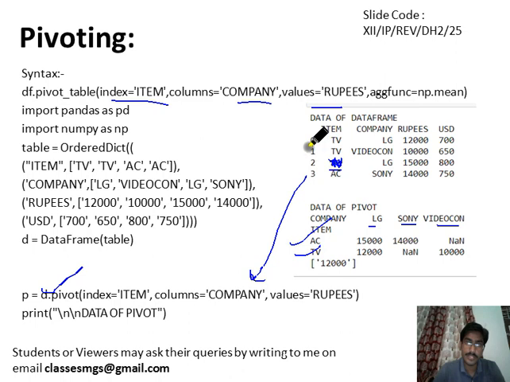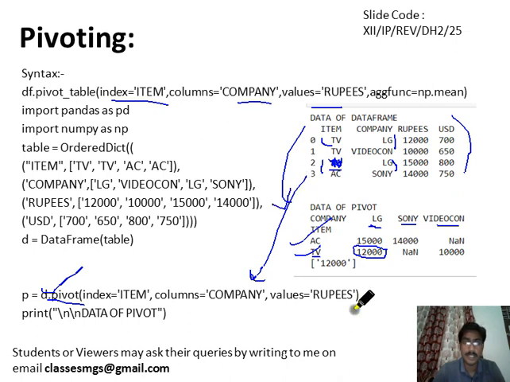If we change this data frame like this, and if we run this pivot method, it will give error. Let me show you. Because for TV of LG there are 2 values. TV of LG, this is 1 value. TV of LG, this is another value. Look at this, TV of LG, there are 2 values. That's why if we apply the pivot method, then it will give error for this particular data set.